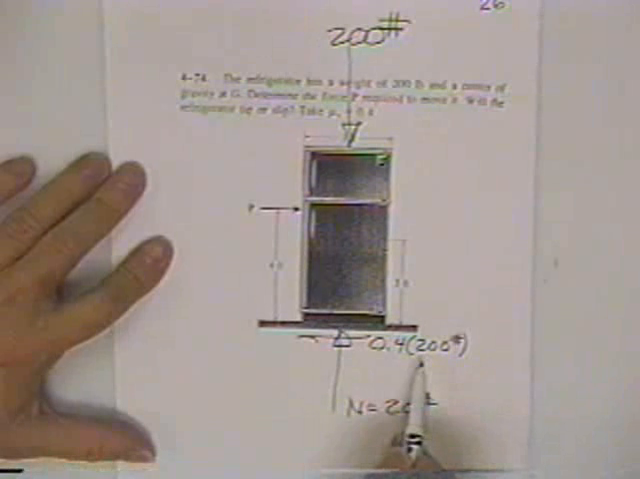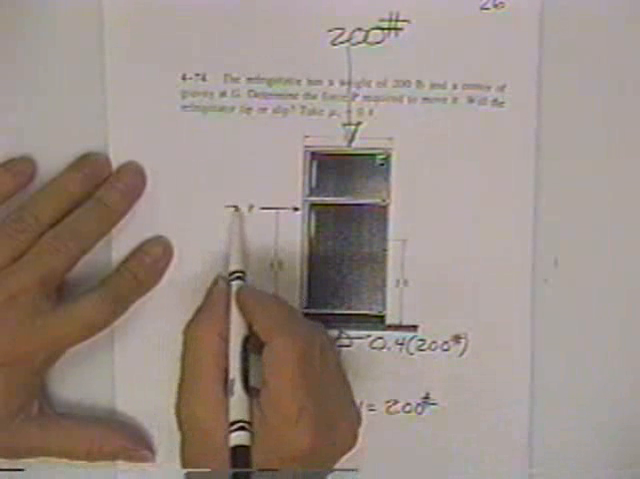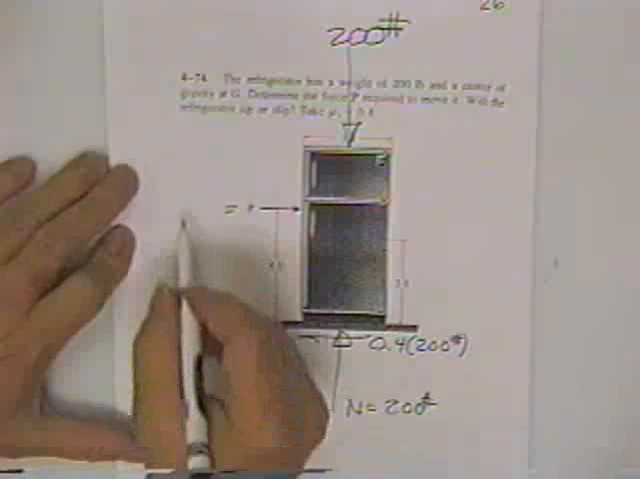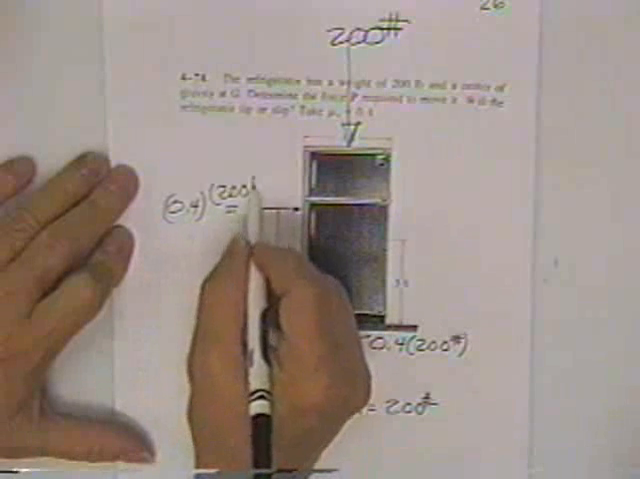0.4 times 200 pounds. This one ought to be not much to this one. The force necessary to make it slide is 0.4 times 200 pounds. You're not going to get it going